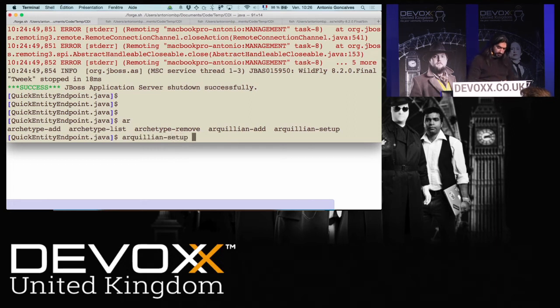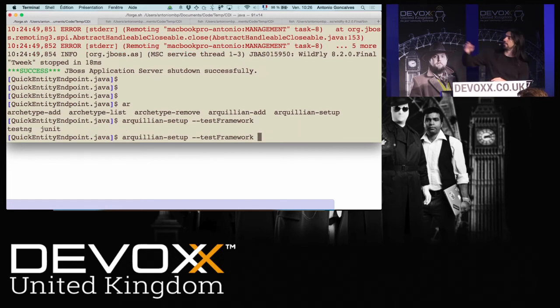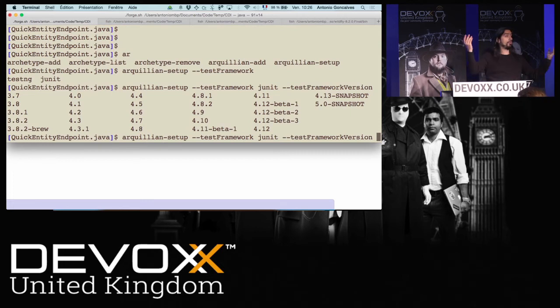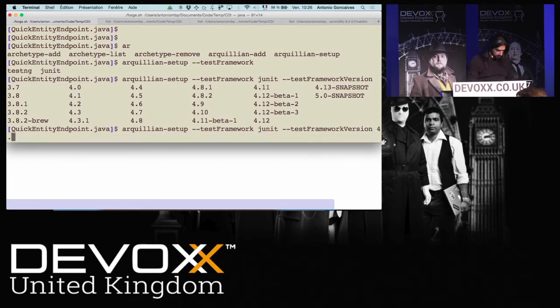Again, I need to first set up Arquillian. Arquillian comes in two flavors, either TestNG or JUnit. So I'm going to use JUnit. If I press tab, it gives you which version of JUnit you want to use. Well, let's use the latest and greatest.